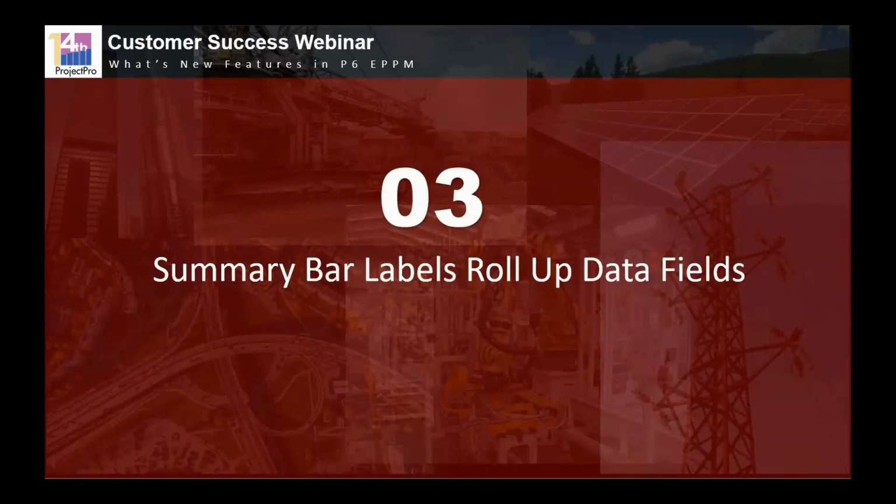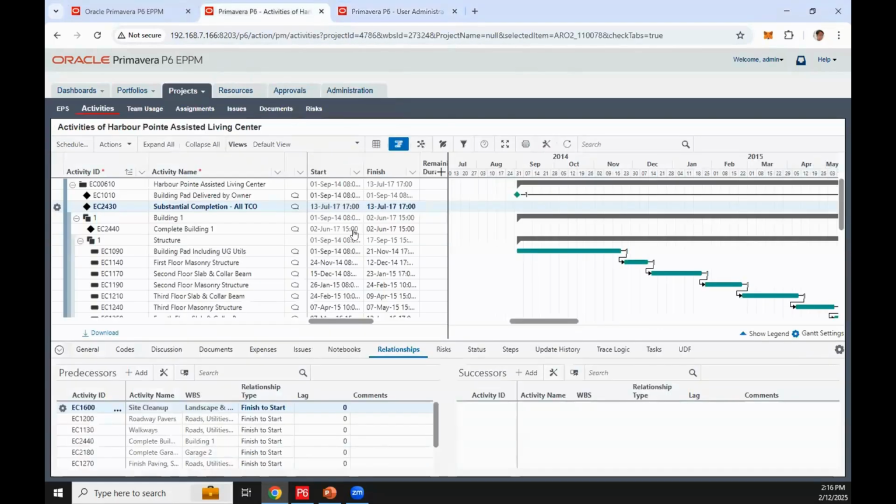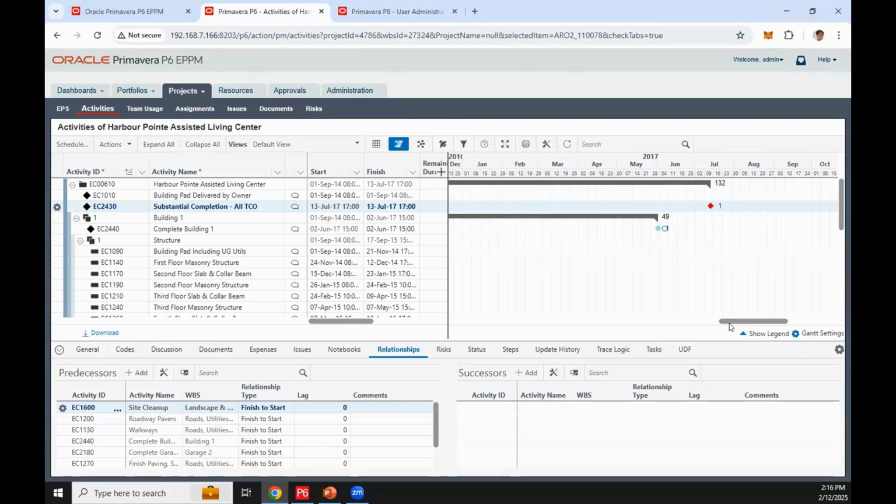So for example here, let's go with this. From my activity window here, if you notice on the summary level, I now have the activity count on the summary bar field label.